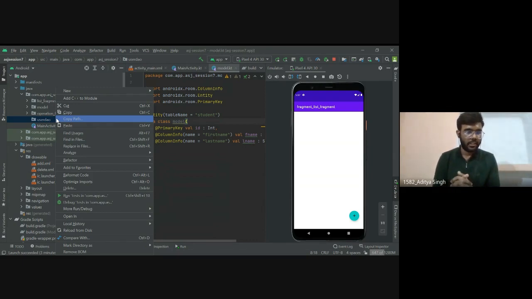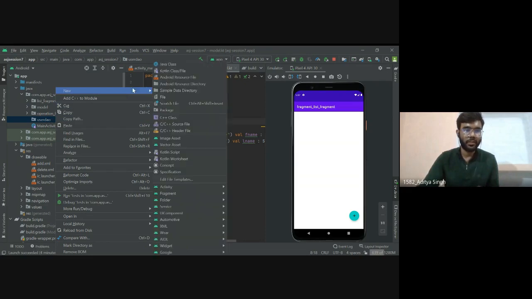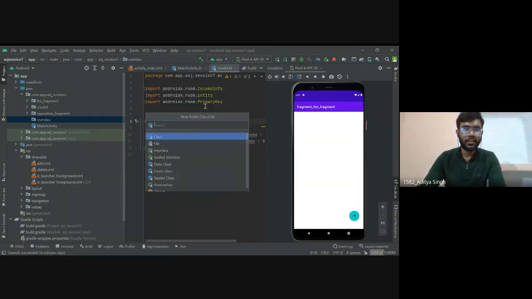I haven't told you about interfaces yet. An interface is a light version of an abstract class, you can say. An interface defines behavior that can be used by other classes. It does not include any execution part inside. So let's create a Kotlin class file, name it UserDao as well, and it is an interface.